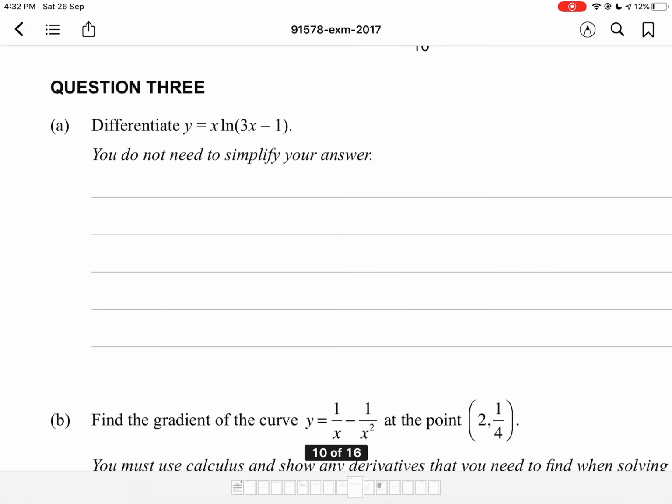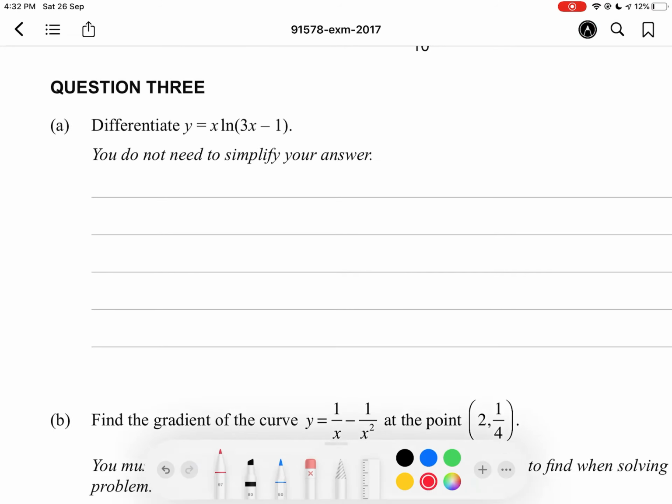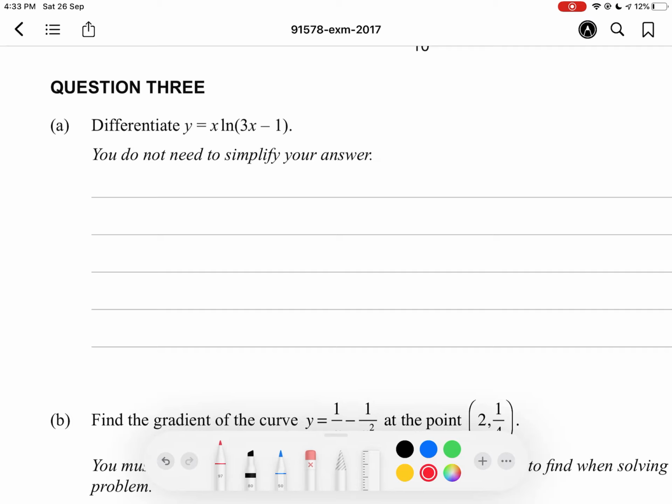Question 3, differentiate y equals x ln of 3x minus 1. So in this case, we have a function of x and another function of x multiplied together, so we've got to use the product rule. So therefore dy over